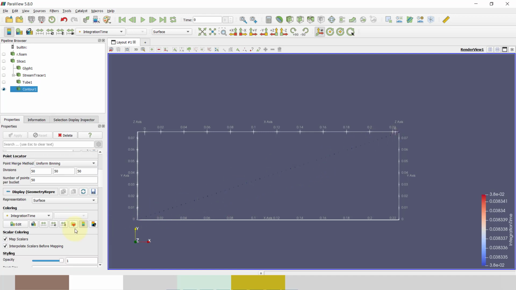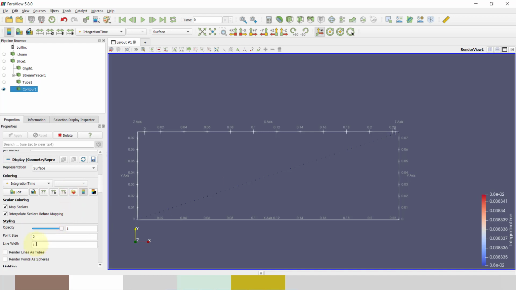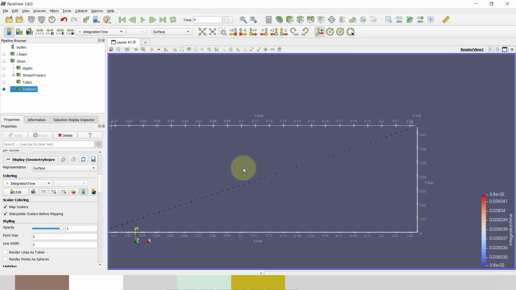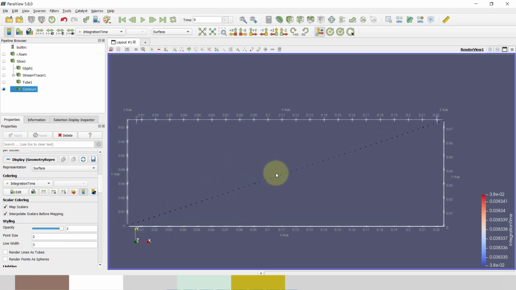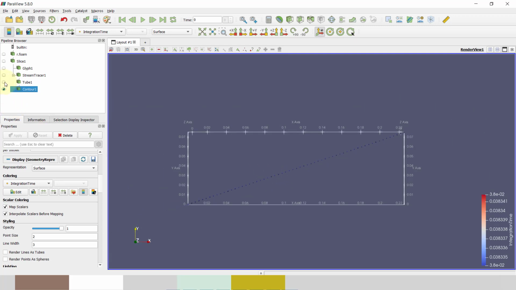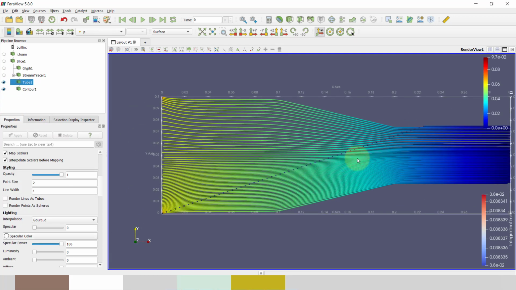And I will change my line width to 3. You can see that now the plot is visible, and now I will show my tube. So you can see how nicely that data is plotted.